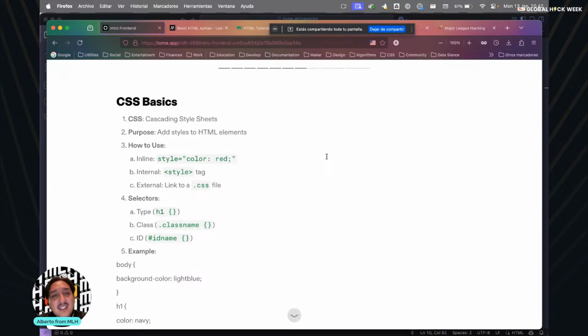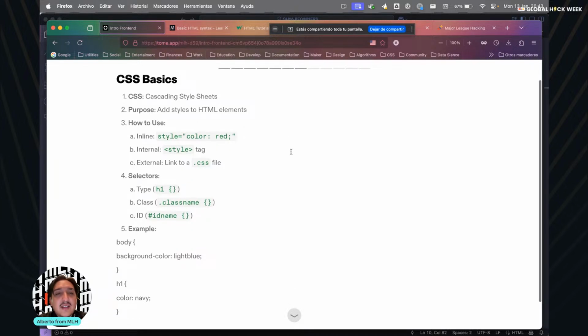CSS is Cascading Style Sheets. It is the language, not a programming language, to style HTML, right? How to use it? We can do it inline, which means selecting for each HTML element, HTML tag,